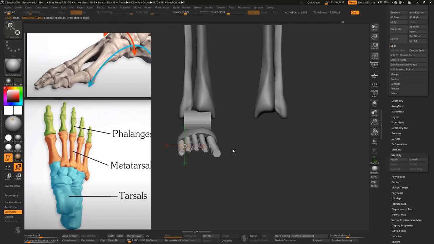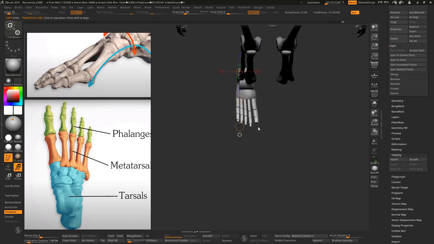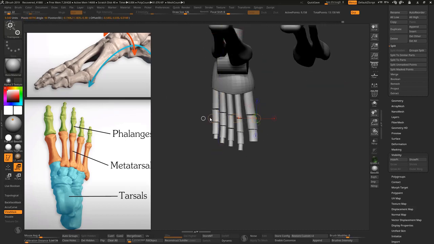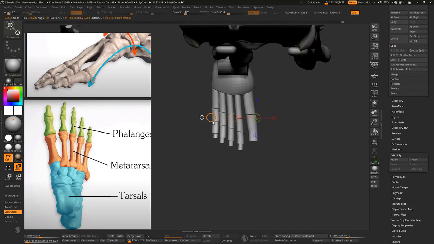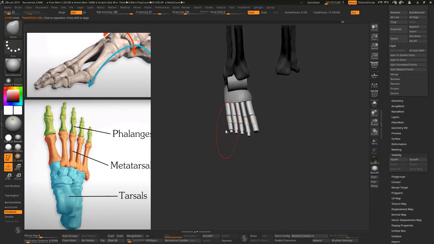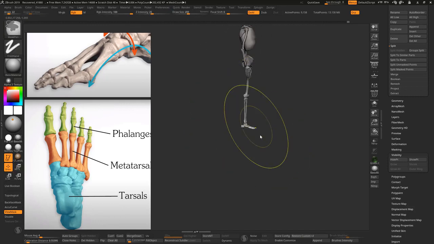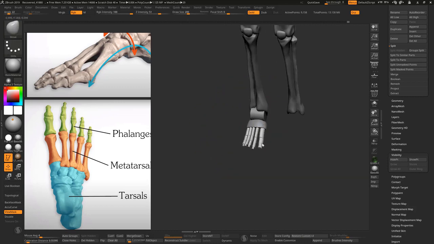So, and also let me see this measurement here, we also are going to need a half unit perfectly. So this will be a nice